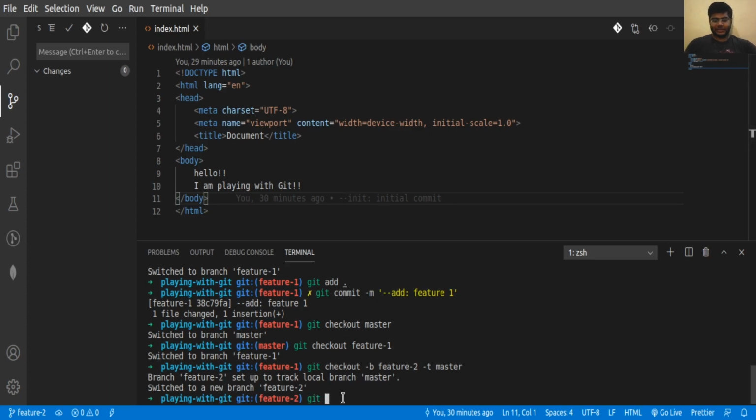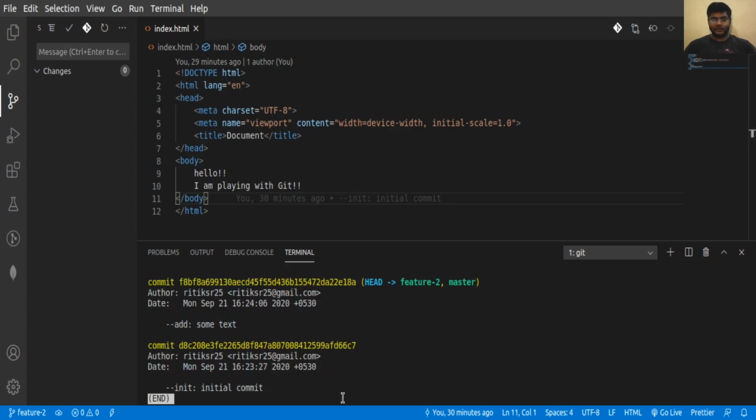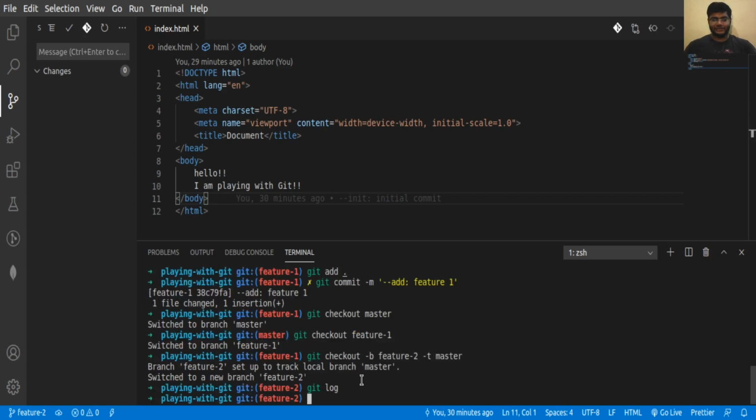So if you check the git log again here, it says your feature 2 branch is here, your master branch is also here, and you are currently in this position. So this is your head, and it is not tracking your feature 1 branch. If we go again to your feature 1 branch